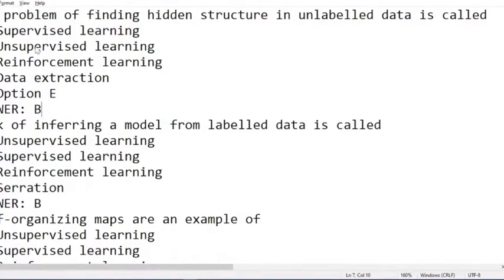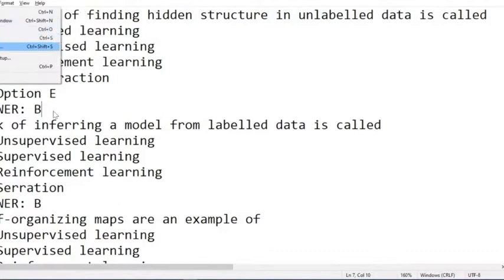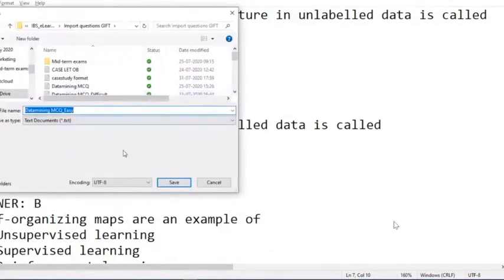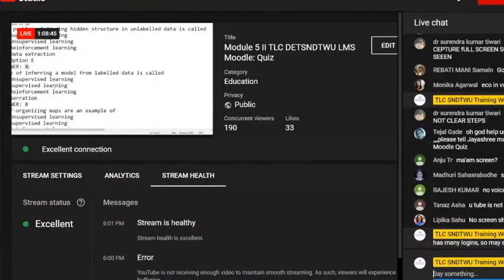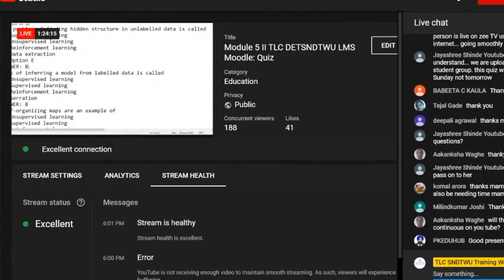And if you want to classify all these questions into easy and so on, then make a separate file for each of these classified questions. Then go to save as and give a name, and then change the encoding. By default this is ANSI encoding. We need to change this to UTF-8. That's it.